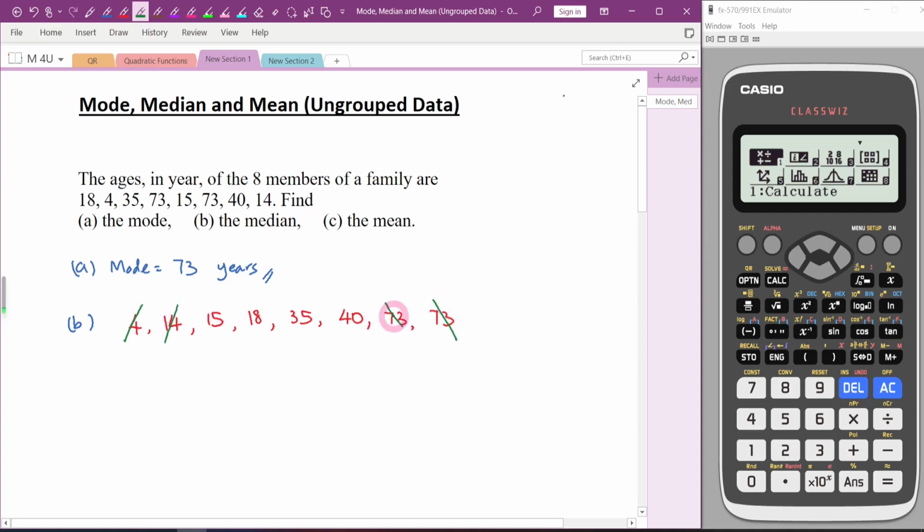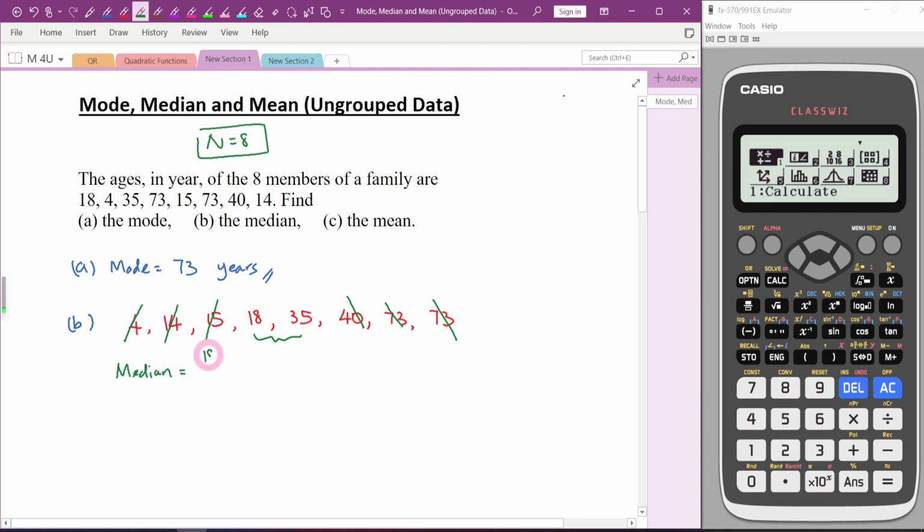But before I get the answer, I know that there are actually 2 middle value. Why? Because 1, 2, 3, 4, 5, 6, 7, 8. The number of data is equal to 8, which is an even number. There are 2 middle value. Let's see. Now, the median will be the mean of these 2 middle value. So the median